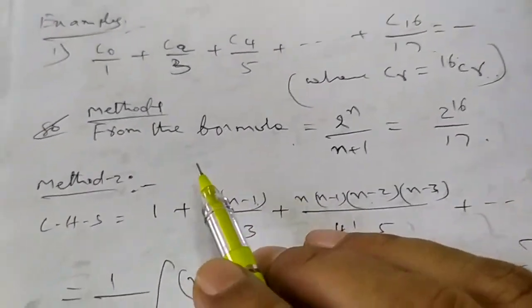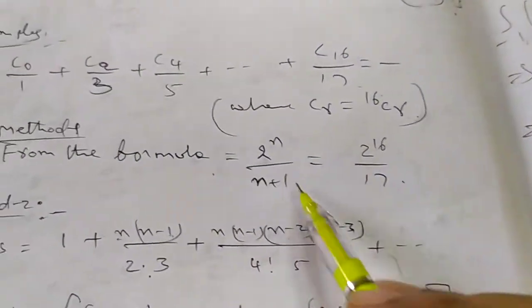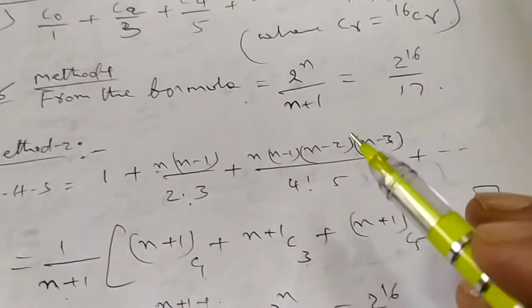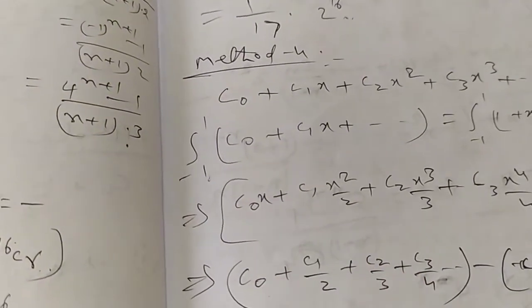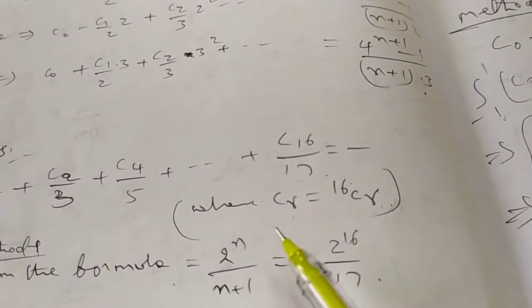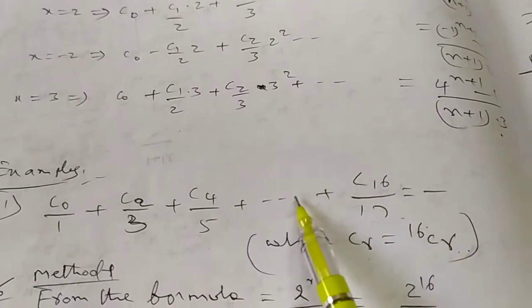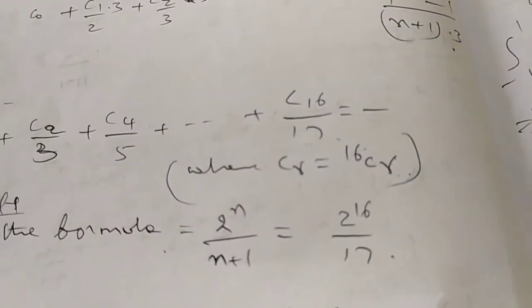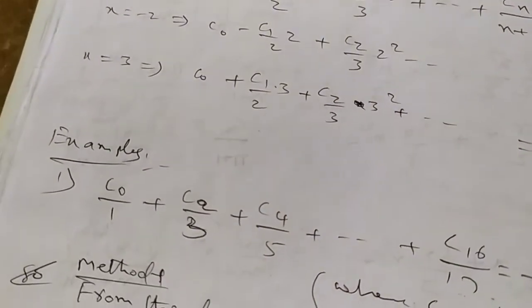Here I am solving in 4 methods. See method 1, method 2, method 3 and method 4. See the given notes. You can understand by seeing the notes. But memorize the result, and without written work you can find the answer. So by using this formula, if suffix values are even, 0, 2, 4, 6 and so on, then formula is 2 power n by n plus 1. If suffix values are odd numbers, 1, 3, 5, 7 and so on, then formula is 2 power n by n minus 1.